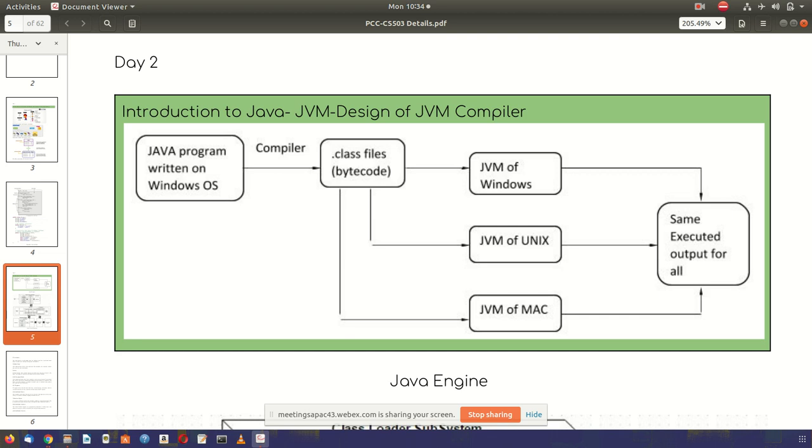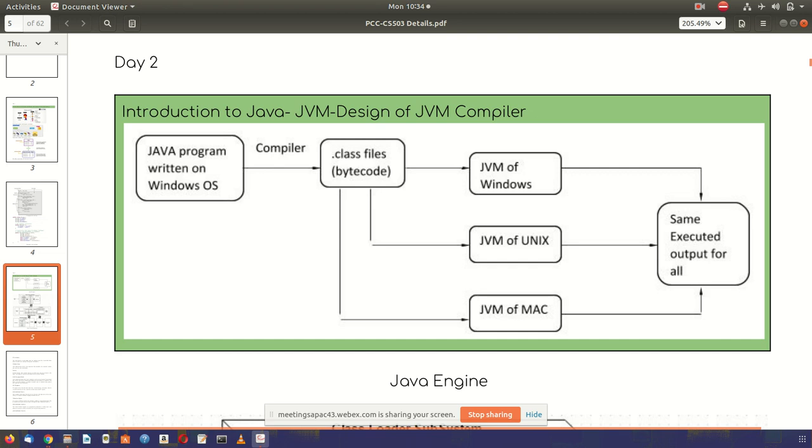Once you develop a Java program, you can run the same program in Windows without changing a single line. You can run the Java program in Windows, Unix, and Mac also.